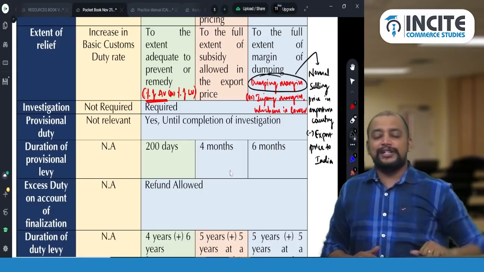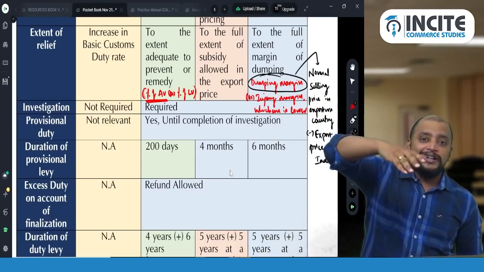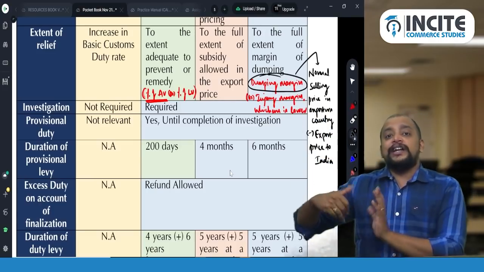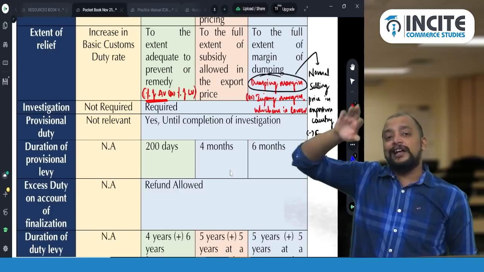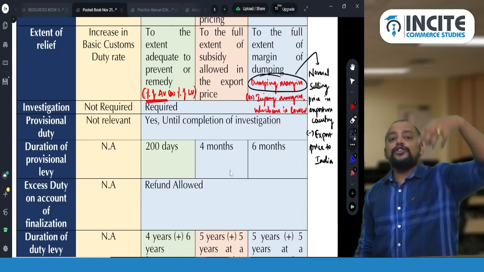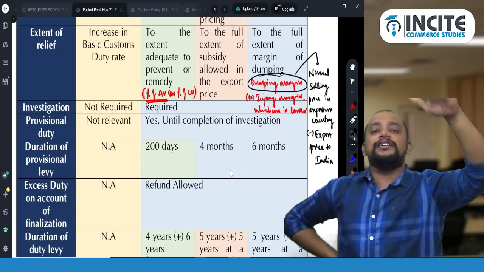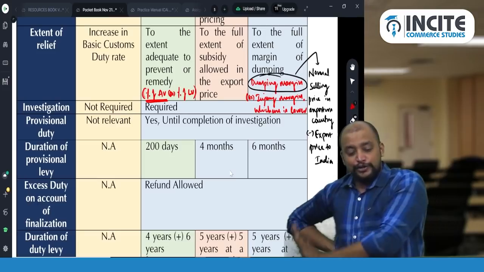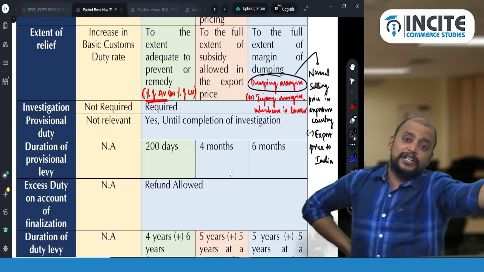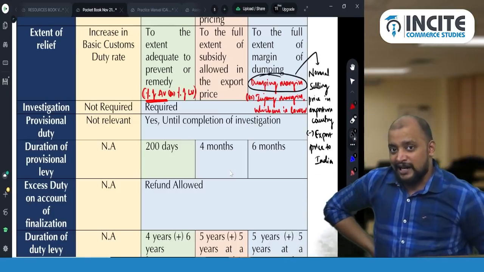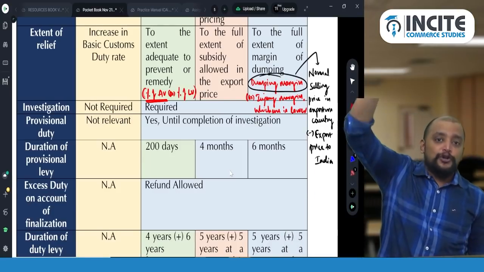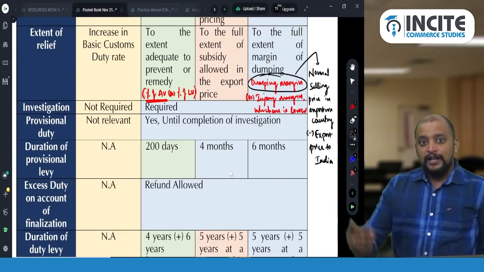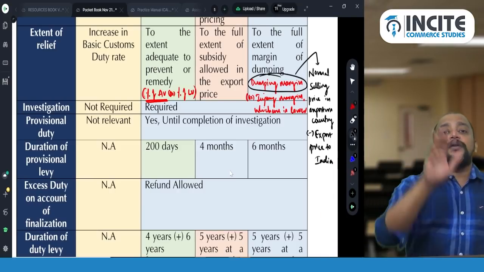So what if the selling price is not available in the exporter's country? In that case, the exporter will be selling to a third country, not India. So take that as the normal selling price. Dumping margin will be normal selling price in the exporter's country minus export price to India. But if the normal selling price is not available, one more proviso says that the price at which the exporter sells to a third country will be taken as the normal selling price, minus export price to India. Because of just a simple point, one 5-mark question is coined.